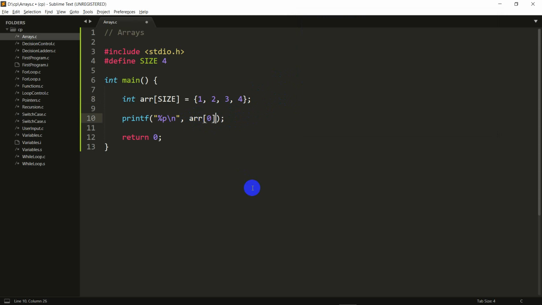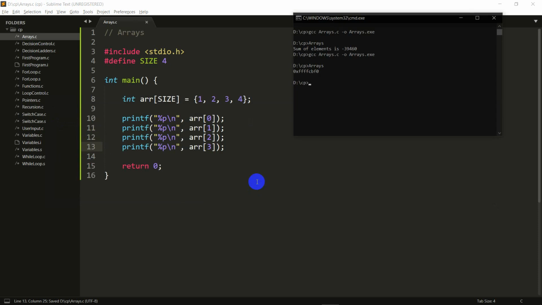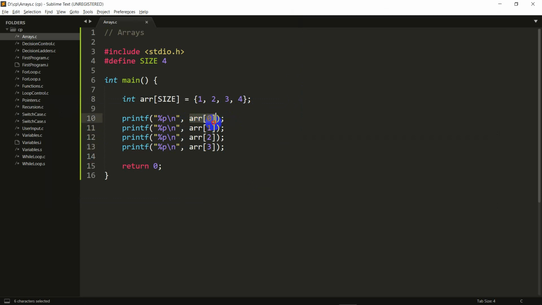So here let me just make this ARR of 0 now, and I'll copy this and I'll paste this 4 times. This is 1, 2 and 3. So let's just go back to this and compile once again, and if I run this now, this actually gives me some 0x1 2. Alright, so this thing actually stands for the value of the 0th element, and I don't want that, sorry about that. So let me just add ampersands here,